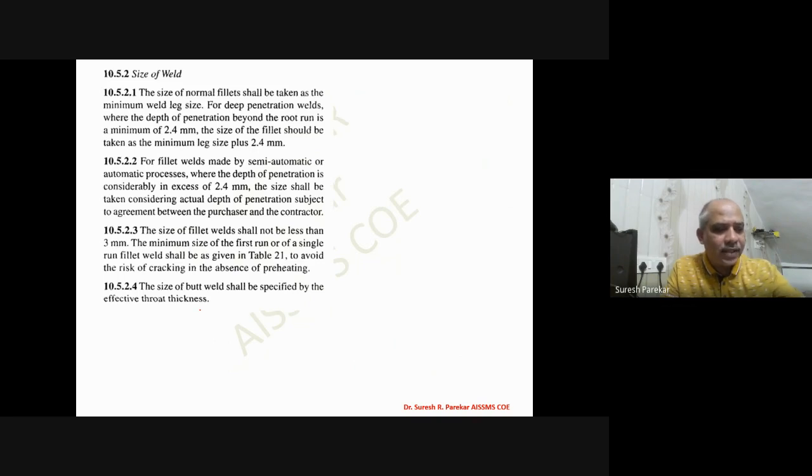Then size of the fillet weld. The size of a normal fillet shall be taken as the minimum weld leg size. For deep penetration, where the depth of penetration beyond the root run is a minimum of 2.4 mm, the size of the fillet should be taken as the minimum leg size plus 2.4 mm. Then we have these clauses. I will not go into